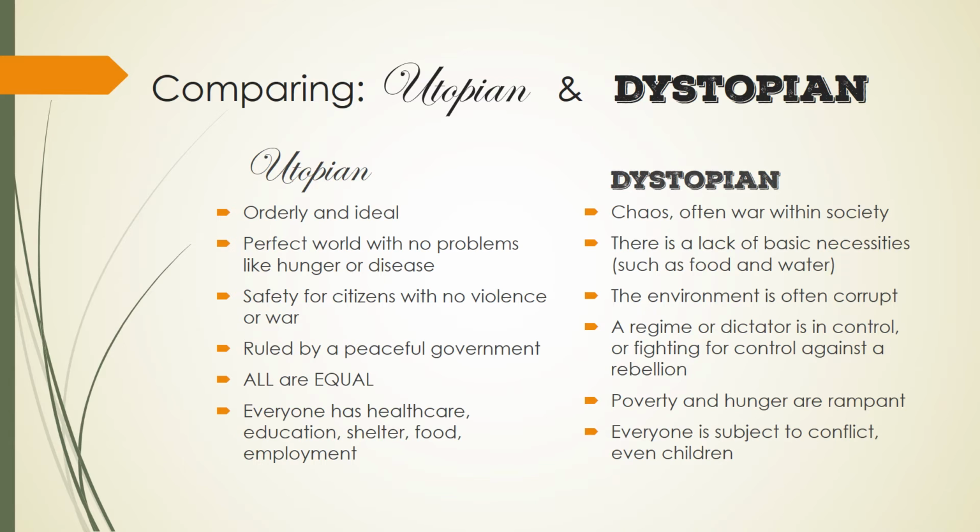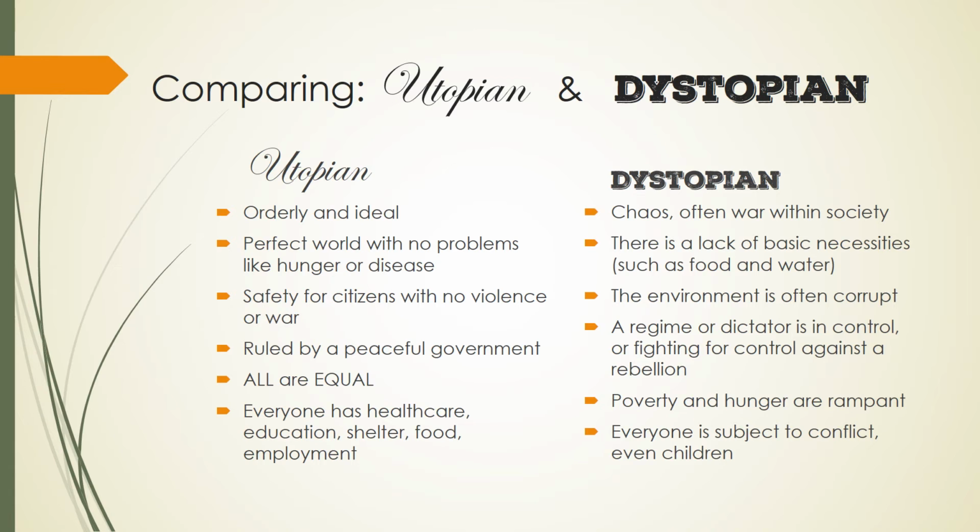And everyone has health care in a utopian society. They have education, shelter, food, employment, like we talked about earlier, a role to play. And in a dystopian society, we're often seeing that everyone is subject to conflict. Children are not exempt from poverty and hunger and often violence. So these are our side-by-side comparisons of the utopian and dystopian societies that we see in fiction and